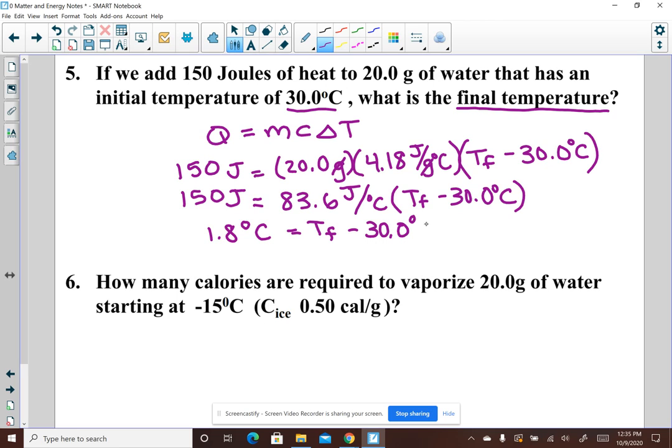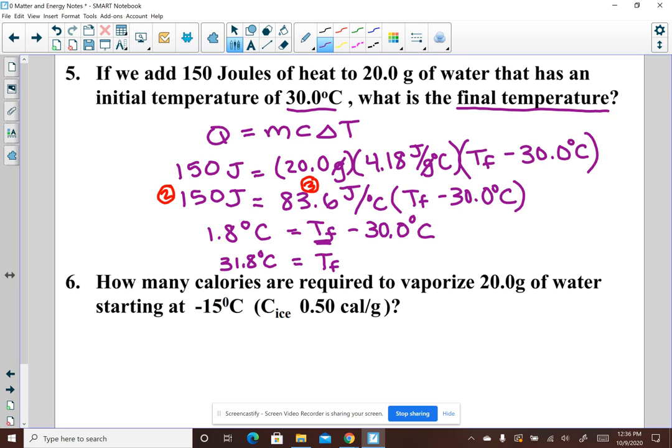Now, if you're wondering why I rounded to 1.8, 83.6 has 3 sig figs in it, but 150 only has 2. So I always want to round to the lowest number of sig figs. Okay. So now I want to get T final by itself. So I'm going to add 30 to both sides. And I'm going to get 31.8 degrees Celsius